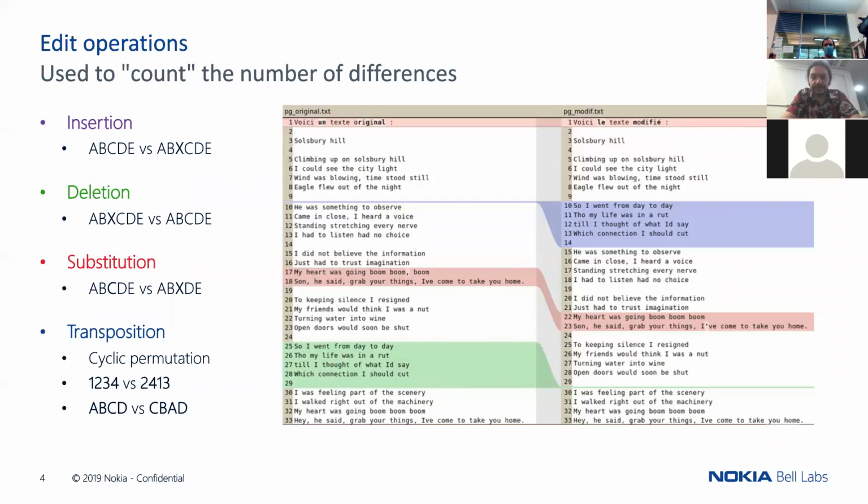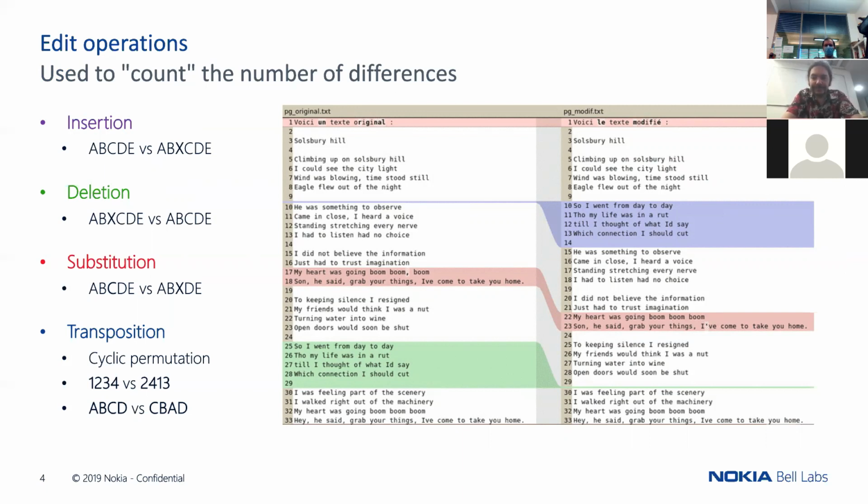Among all the edit operations that you could consider, you have, for example, insertion. In this example, I inserted X in the middle of A, B, C, D, E. You have deletion, which is the converse. You have substitution, where you replace a character by another one. But you could envision other transformations. This is a non-exhaustive list.